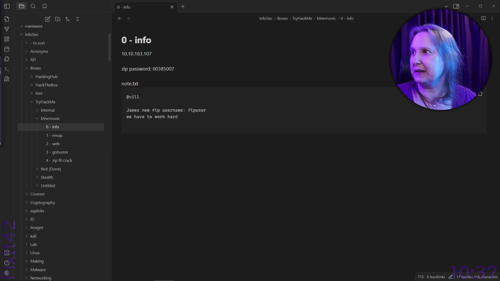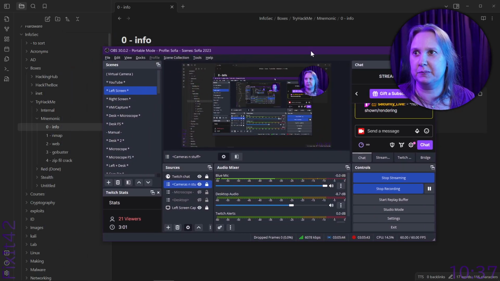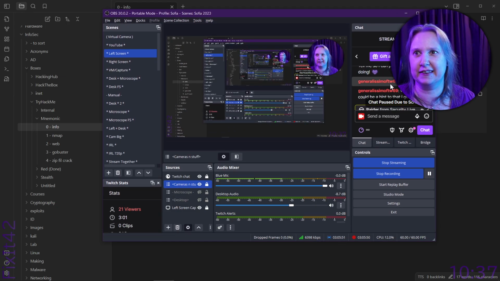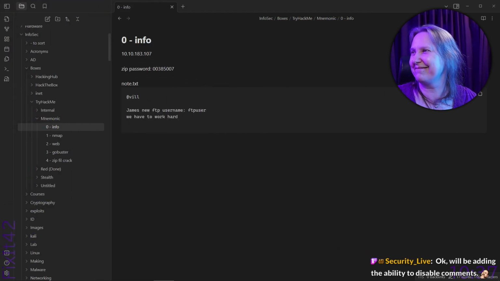I just looked at it to see whether I was showing the right page. But this is all of chat I see. Tiny bit bigger, like that. And this tends to just... I need to lock this to the bottom edge. Security Jive, I should do that. Okay, we'll be adding the ability to disable comments. Lol. Oh. Okay, thanks. That's a request that you got without me actually asking.